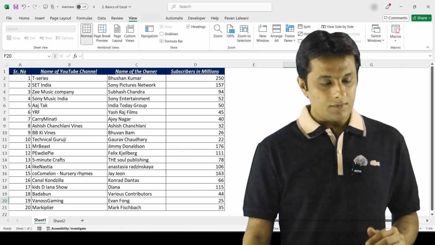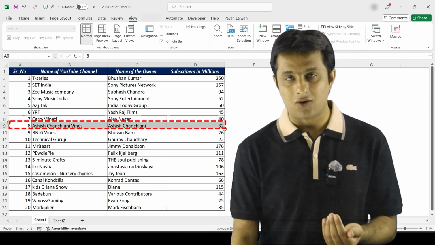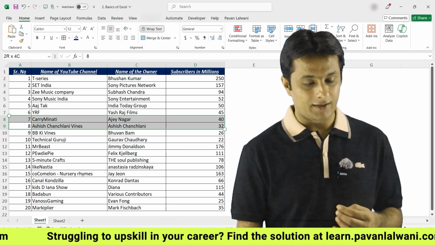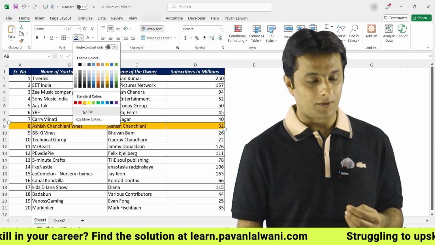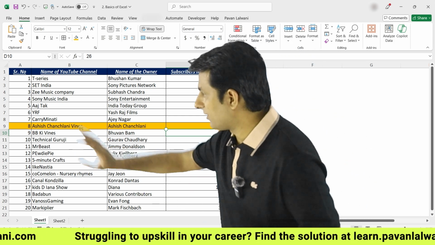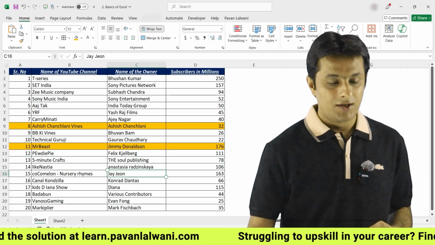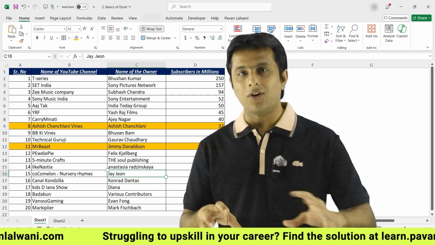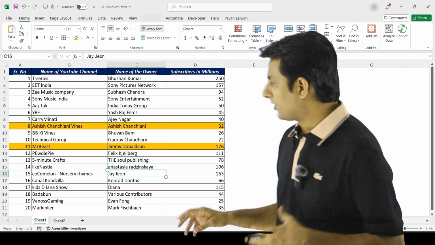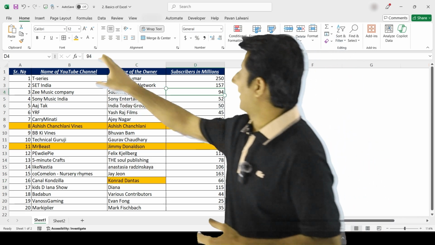Also, let's say there is one channel, Carry Minati, or let's say Ashish Chanchlani. If you want to highlight that record and bring attention to this person, you can just go to the Home menu bar. First you select the data, then on the Home menu bar you select the color from here. Using this option, from the whole data my attention is grabbed by this person, Ashish Chanchlani. Or if I select this option, Mr. Beast, I can select this data and attract attention. This way I'm trying to bring the attention of people. Initially the first one was okay, but now this is much better. Not only this, I can select this particular cell and highlight it. So this way